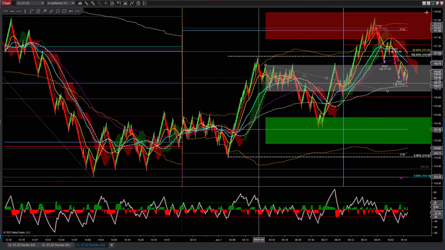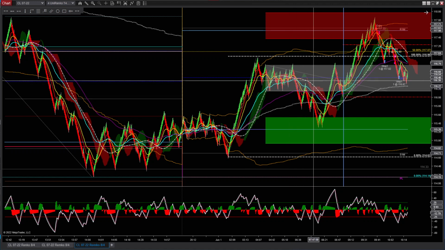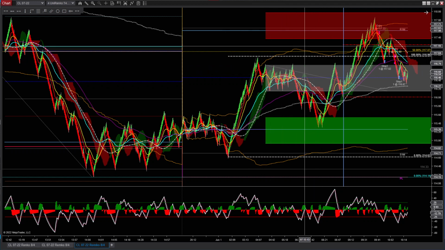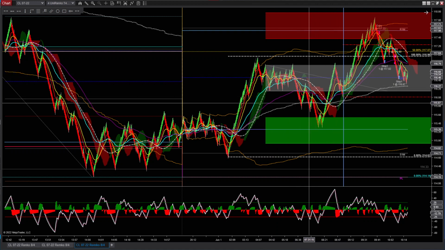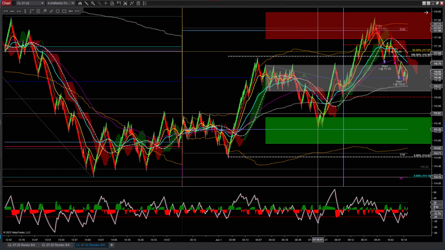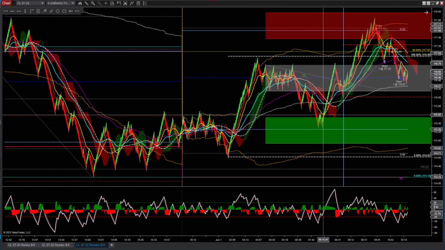right there. In that way, in these extensions, I would say we should agree that in this area here we're in a range where we're trying to move away from the range, but it did fail. So if you see here overnight at around 8 a.m., it went all the way down and made a double bottom right here in the green area.